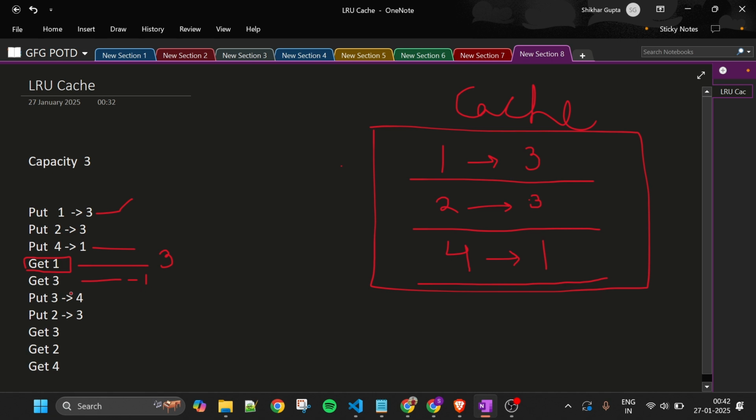Then I am asked to put 3 with value 4. Now look, put 3 comma 4, but the capacity of this cache is full now. Our cache capacity is full, we cannot add more, so we have to remove some data. Now look, 4 is added at the very last, and after that I have used 1 as well. So which is the least recently used